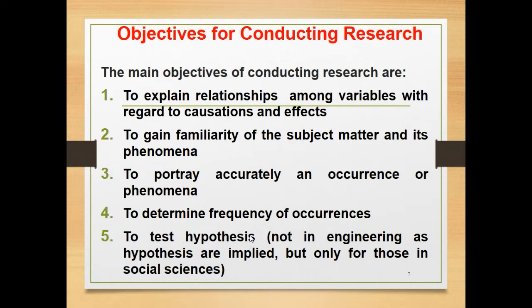And then, of course, you want to test hypotheses. Now, you need to note that in engineering, a hypothesis is normally implied already. But in social science, because you deal with the variables, independent variables and dependent variables, and how they push or pull, correlates, you will have a lot of those things. You want to test the hypothesis. In engineering, you go into the lab and you find the answer. I mean, those are things that you just need to know how to differentiate the two.